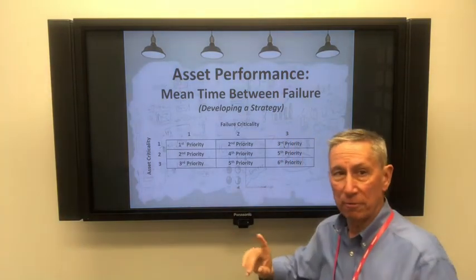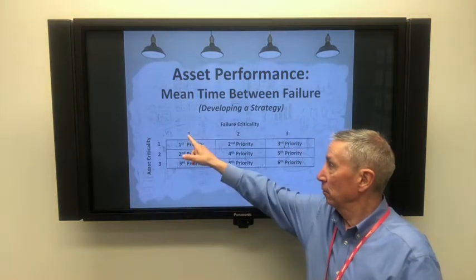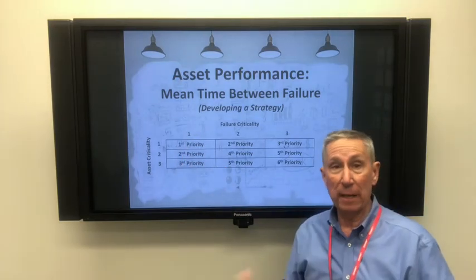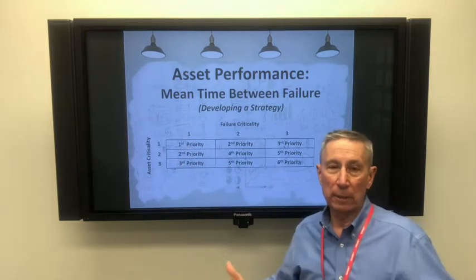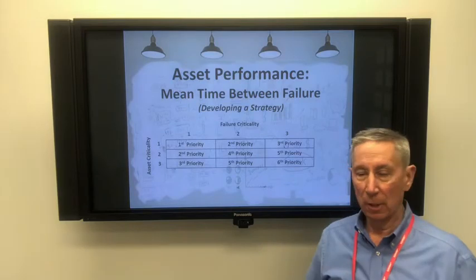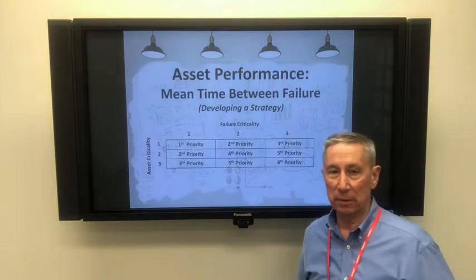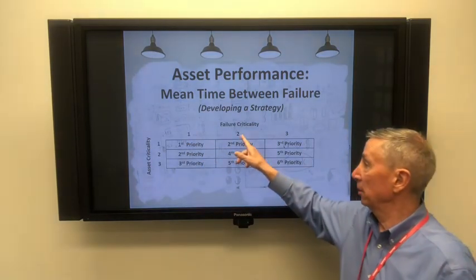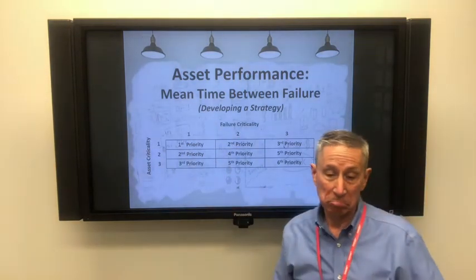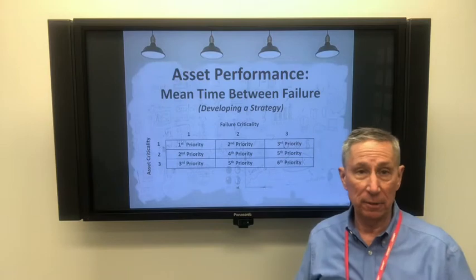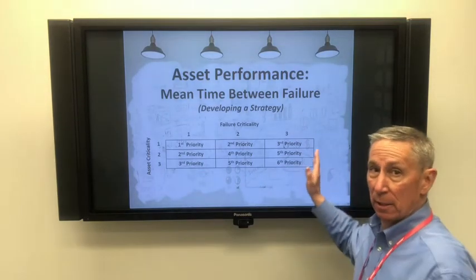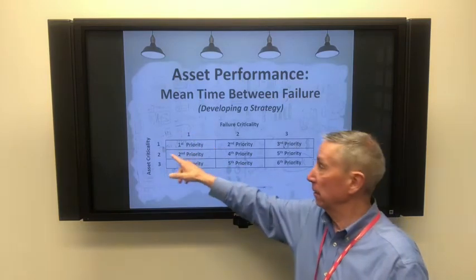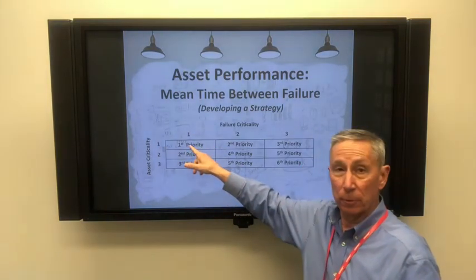But then there's also failures, right? Failure criticality 1, this is a big time failure. Something really bad happens. In the CNC world I grew up in, ball screws, spindles, a lot of time to fix, very expensive to fix. Criticality 2, very important, but a little easier to fix, not quite as bad. And then criticality 3, a lot less. So you can see criticality 1 failures and criticality 1 machines, that's our first priority.